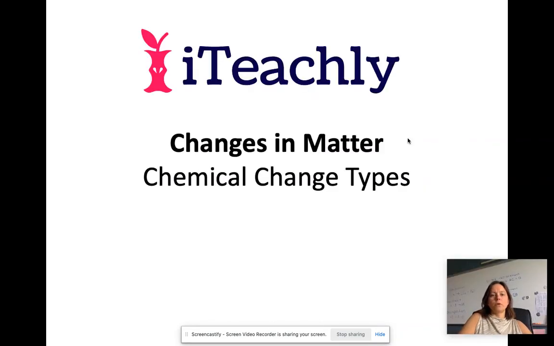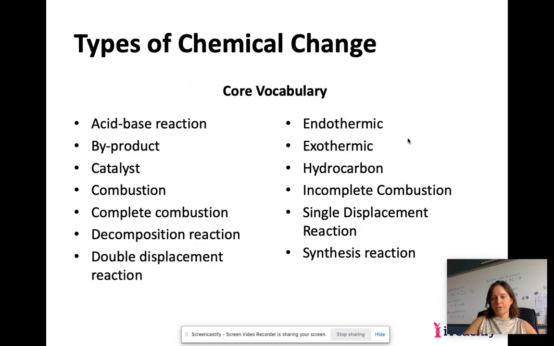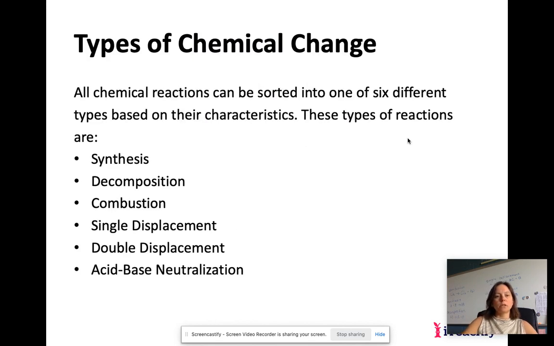Second part, or another part of chemical reactions is identifying the types of chemical reactions. So here's some core vocabulary. Some of this we will look at more closely than others. So let's go ahead and get started. There are several different types of characteristics that we see with chemical reactions: synthesis, decomposition, combustion, single displacement. Sometimes use the word replacement instead. Double displacement or replacement, and acid-base neutralization. Acid-base neutralization is something that's looked at more closely in an advanced chemistry class, but we'll go ahead and look at